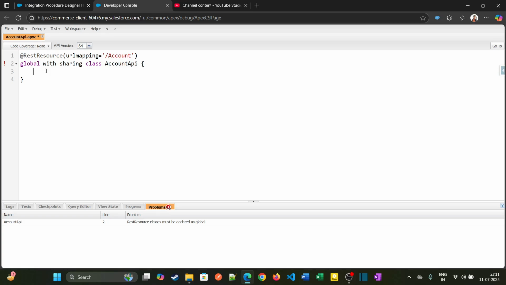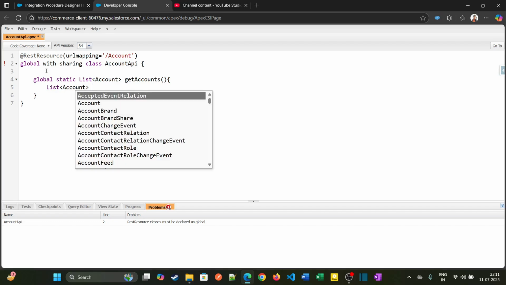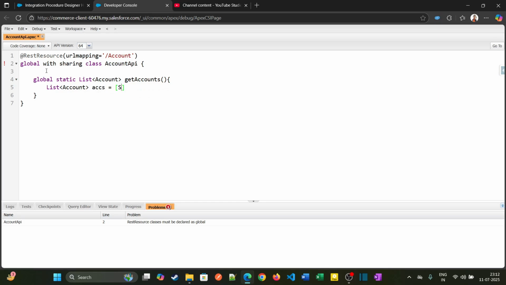and we can make it global with sharing. Let me create a new method, global static, returning a list of accounts, and I'll name the method getAccounts. I'll just query 5 accounts: select Id, Name, and the field AnnualRevenue from Account, limit 5. I want to see just 5 accounts,